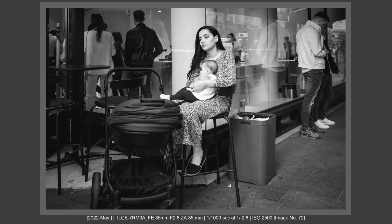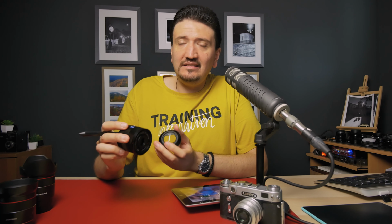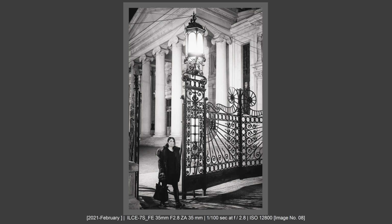You can get extraordinary portraits, you can get extraordinary contextual pictures and so on. So I really like this lens. It is metal built, it has this amazing small lens hood, it's very light and the focusing is very fast. Amazing lens. Also we have the 28mm f2 lens that I had and sold it because I thought